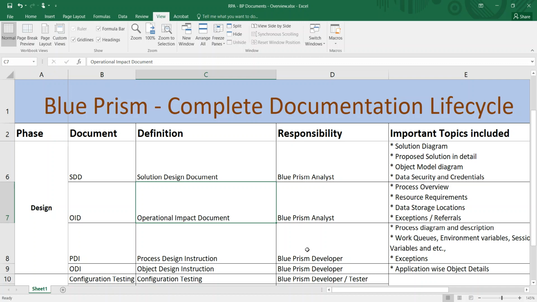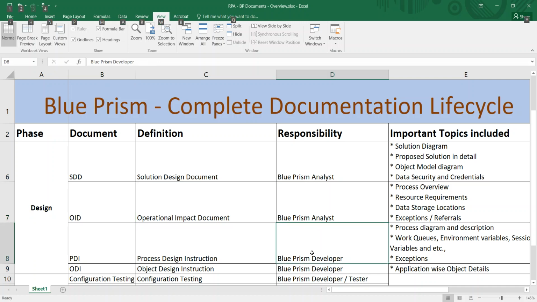This is mainly about everything that will impact the business area and the existing process in the business area. That is the main purpose of this document.